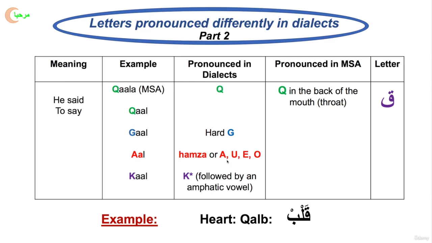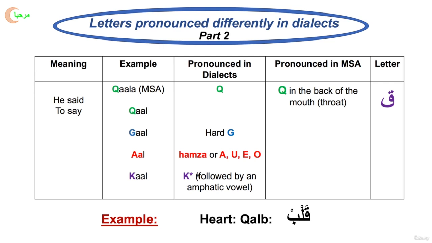It could also be pronounced as a vowel, a, o, e, or for students who already know Modern Standard Arabic, as a hamza. In a small part of Palestine, it could also be pronounced as a k sound, as in the word car, not as in cat. So, e versus a, car. So it's a ka, not a ke.